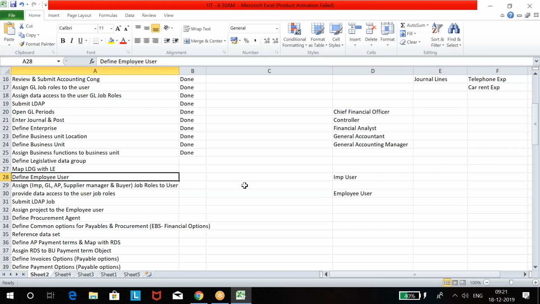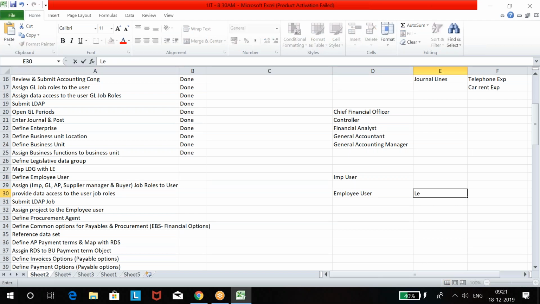I have also discussed that while creating employee user, it will ask you for legal entity and operating unit, which is nothing but business unit. It will ask you to attach the employee user with a legal entity and business unit, because an employee joins a company under some legal entity to work for some business unit.